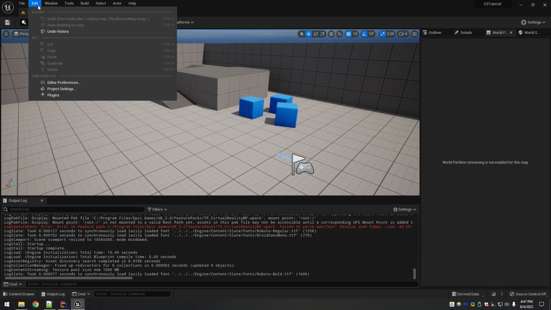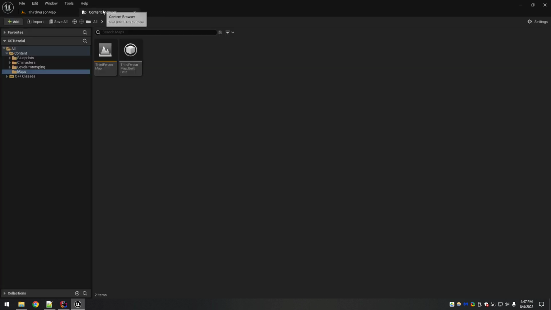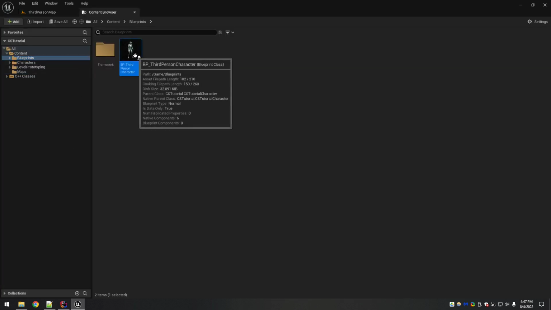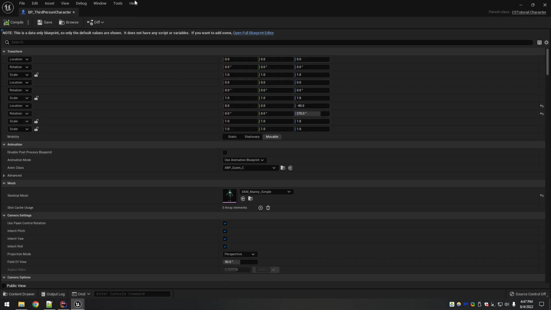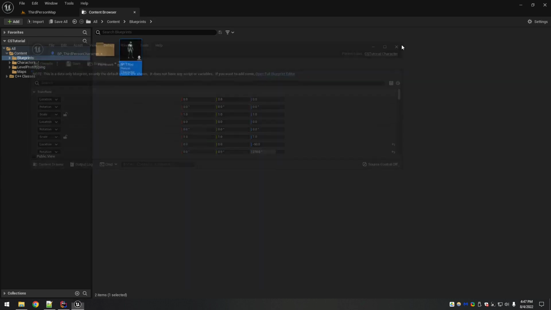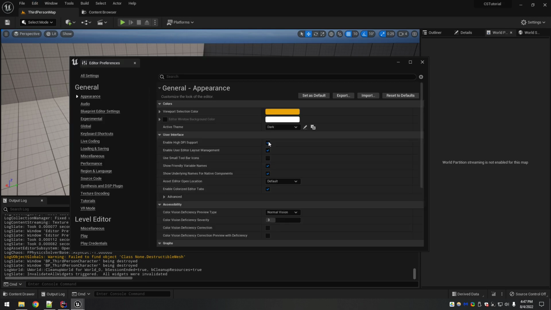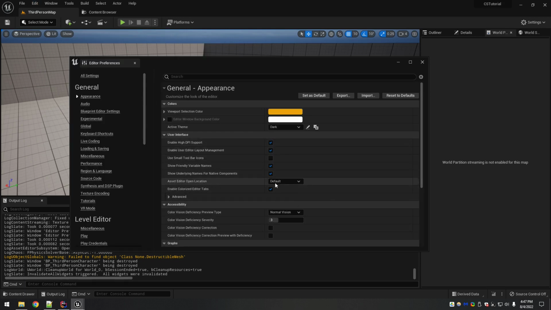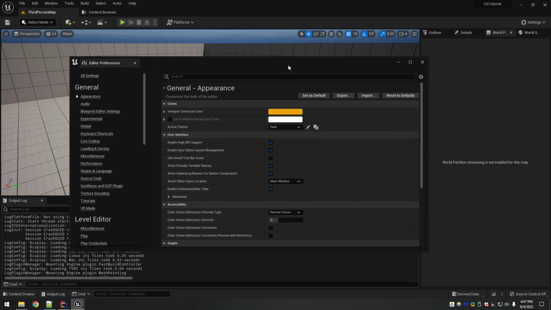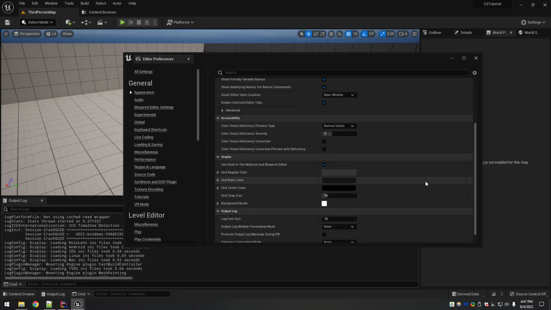Whenever I'm starting with a brand new project, there's always a couple little things that I always set, especially my editor preferences. So if you ever open a blueprint and you're annoyed by the fact that it opens on top of everything the way that I am, we can fix that. Go to editor preferences, and then right here, asset editor open location, change this to main window. That will make it open as a new tab. I don't know why that's not the default.